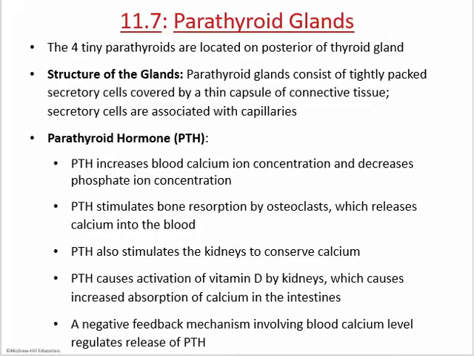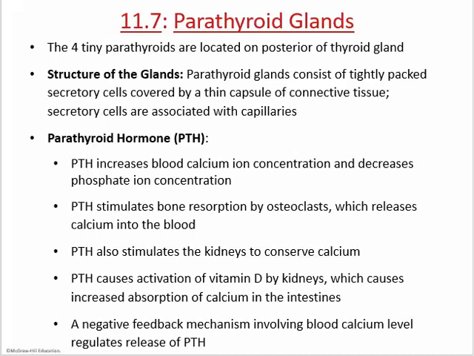There are 4 little glands attached to the thyroid on the posterior side of the thyroid. They're called the parathyroid glands. And the hormone they make is parathyroid hormone. Parathyroid hormone causes osteoclasts to eat bone and shed calcium. So it's stimulated by low blood calcium levels. When low blood calcium levels cause the release of parathyroid hormone, it targets osteoclasts, which then eat the bone, digest the osteoid, and release the calcium into the blood, therefore raising calcium.